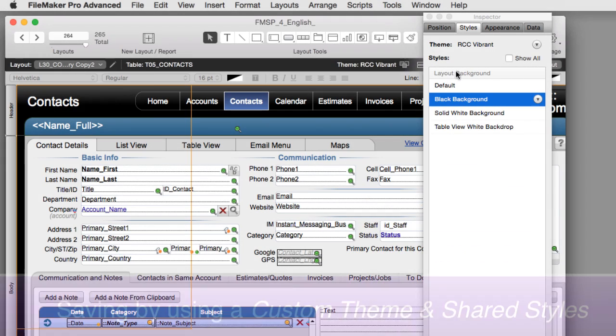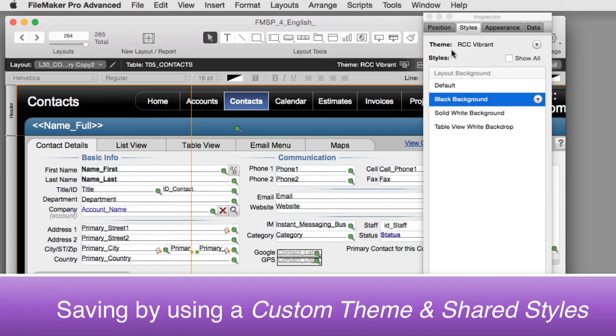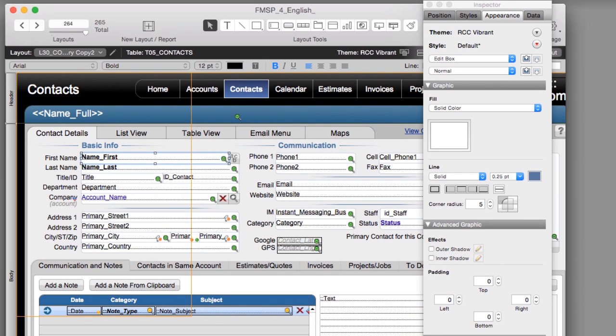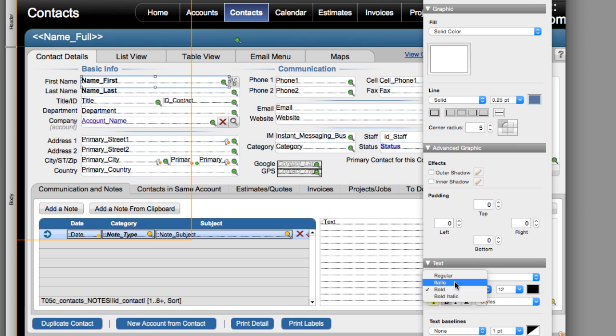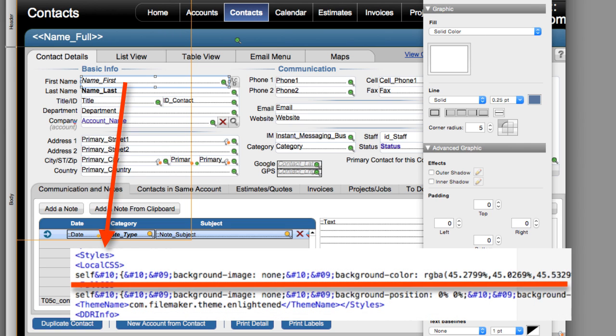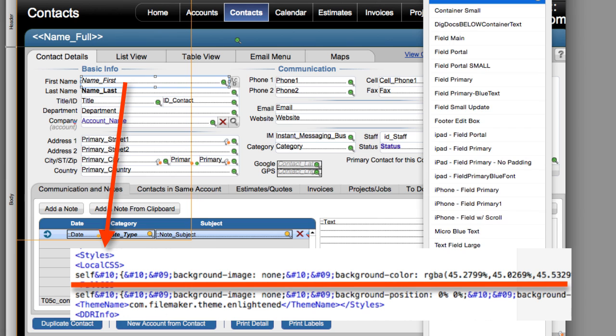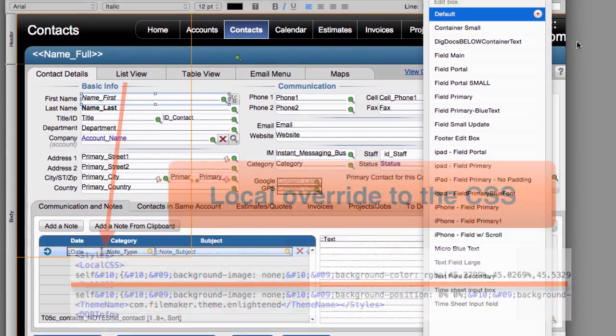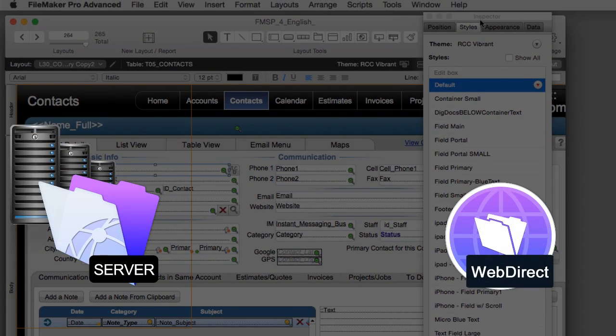So now I've showed you how much you can save if you set up your own customized theme and shared styles. Let me explain to you a bit more about how this works. First off, if you click on an object and make customized changes to that individual object, then you're creating an additional level of CSS that is local to that object. This is called a local override for the CSS. Now this is a little bit technical, but effectively what you're doing is creating a whole lot of extra work,